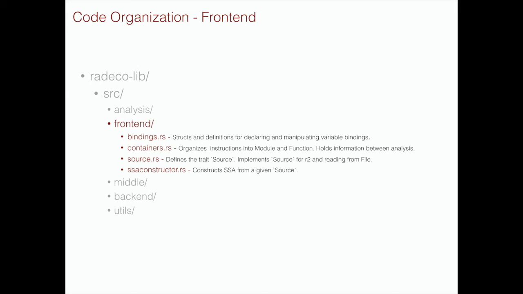Bindings is basically structures and definitions to be able to declare and manipulate variables. Bindings are important because types and function arguments, that is both formal and actual arguments, are expressed in terms of bindings. And bindings can also be named, so it can be easy to refer to variables based on bindings. It also tracks the usage of each variable and helps us propagate the information that we obtain from one place to another.